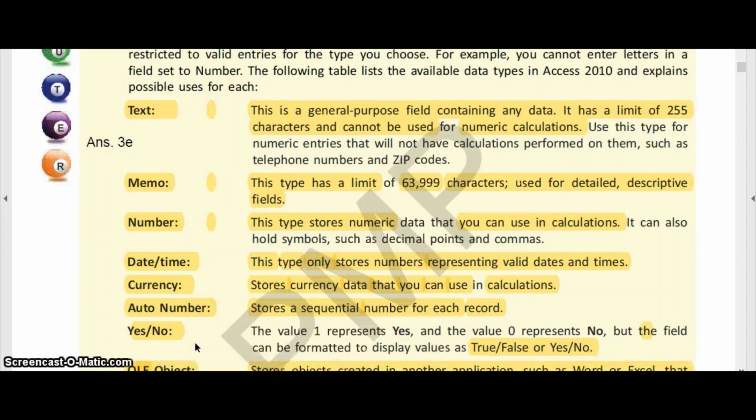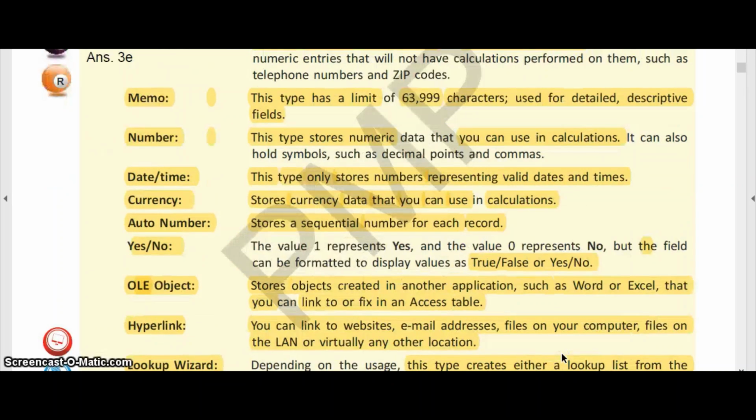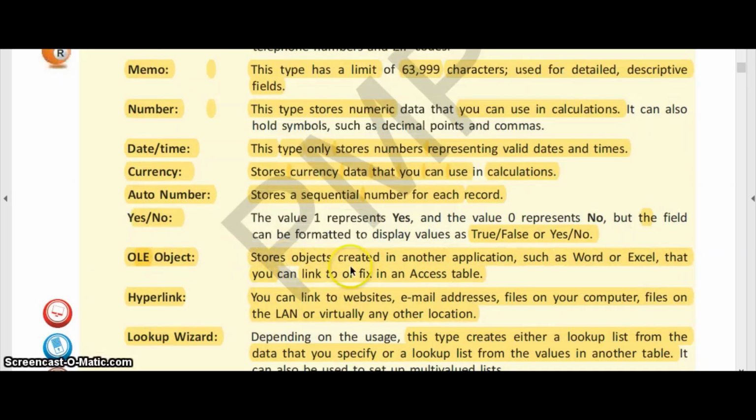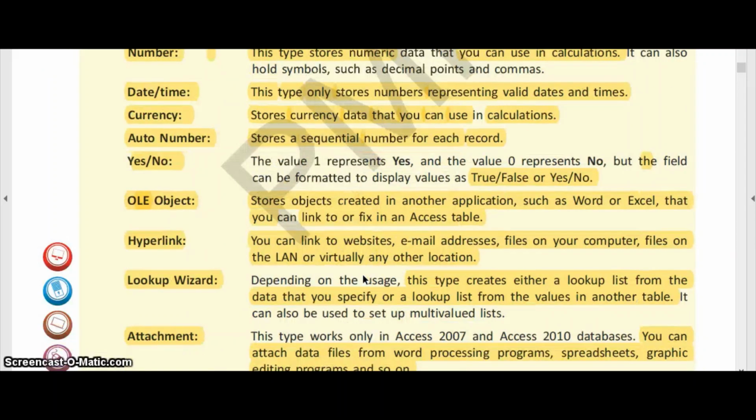Then auto numbering, it stores a sequential number for each record. Then yes no field, it displays the value in the form of true or false, or yes or no. Then OLE objects, it stores objects created in another application like Word or Excel, and you can link to an Access table. Then hyperlink, you can link to websites, email addresses, files on your computer, files on the LAN or